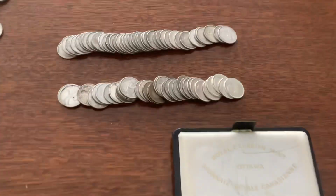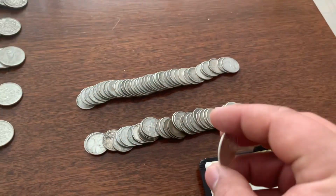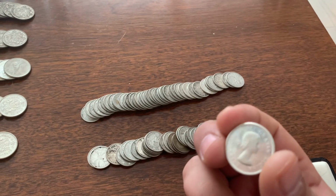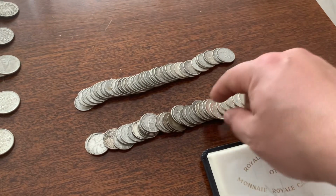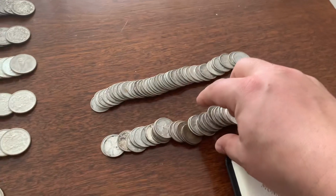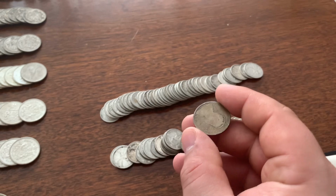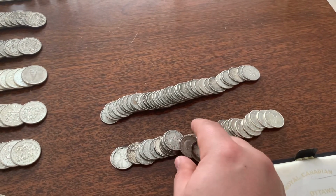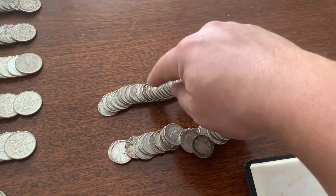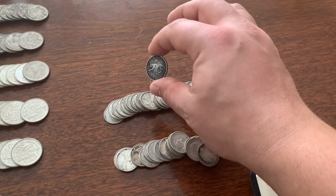And then here are the quarters, Canadian 80% quarters. Some of these are in fantastic condition, and I've lucked up to find a bunch of these. This is 1963, just beautiful condition. I got about 5 of them like that. And there could be a couple 92.5 or such. Like this one is sterling 925 silver in this row of 20, so there's kind of a mix. I think this one is too, if I'm not mistaken. No, that one is not. That's one of the